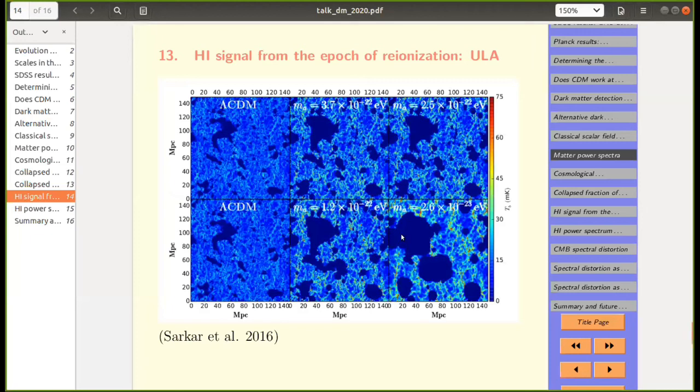So blue is empty. Blue is basically ionized, right? And we keep some information about the brightness temperature that you would actually expect in the H1. That is where the yellow and the red are, you can see it on the right panel. That's what the information is. Yeah, it's difficult to actually see it. One has to see it larger.